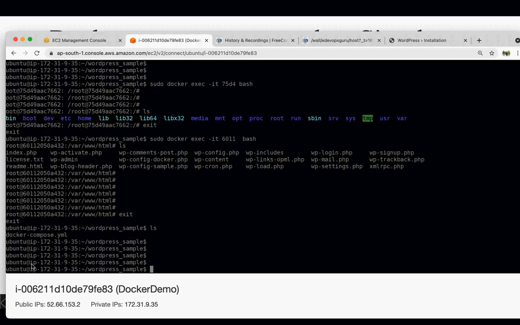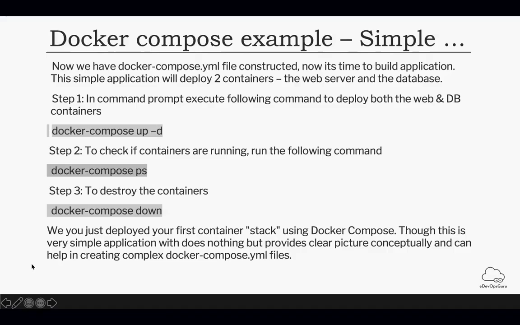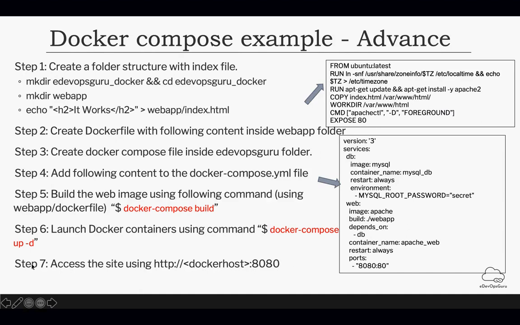So this is what a sample Docker Compose file looks like. This is the example which we just saw. Instead of Apache server, I showed you the example for a WordPress site.